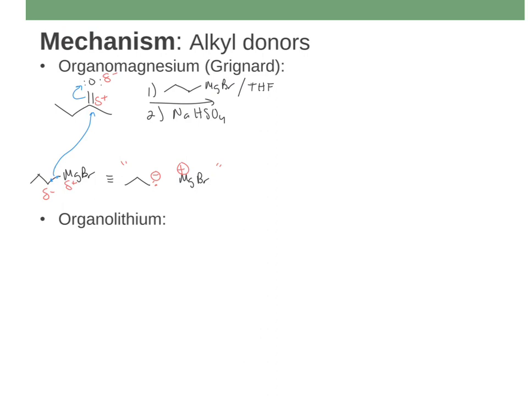So from there, we just draw the first intermediate, which was this. So now we have O minus. And I've just added a 1, 2, 3 carbon piece. That's the new piece right there, right? If I label these carbons